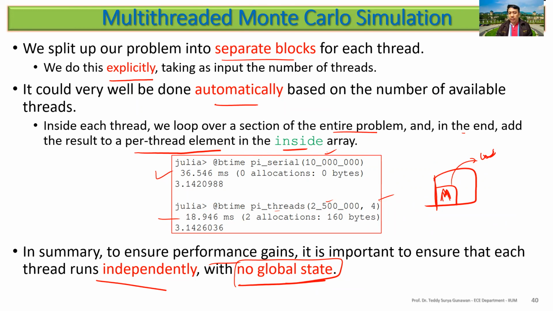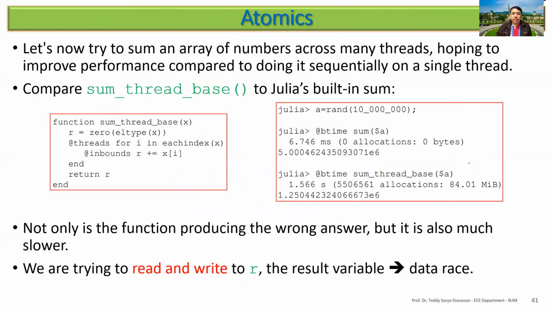So that's why in Julia it's not as difficult as in thread programming. It is not as difficult as in Rust. In Rust, it will ensure that the data race does not happen, but you need to have more control in the Rust program.